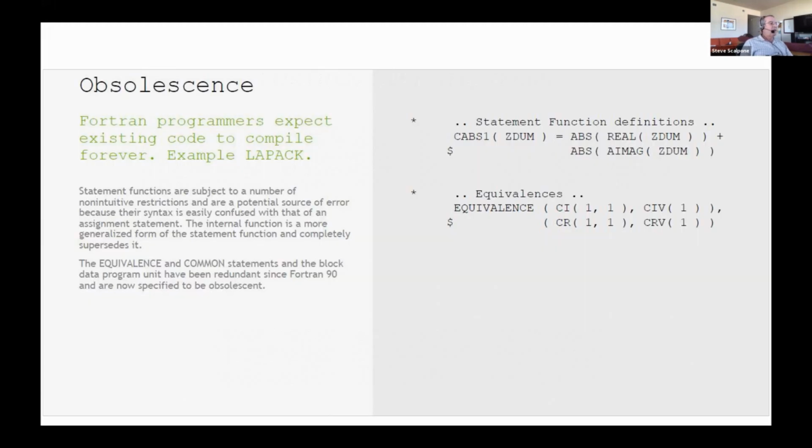But I did talk about the mass obsolescence, and obsolescence is sort of like deprecating a feature. And one thing about Fortran programmers is they don't really sign up to that. They expect that existing code, if they can find it and if they're using it, will continue to compile and will compile for a long time. There's Fortran 77 libraries that are still maintained and use obsolete code or deleted code from the standard, and people